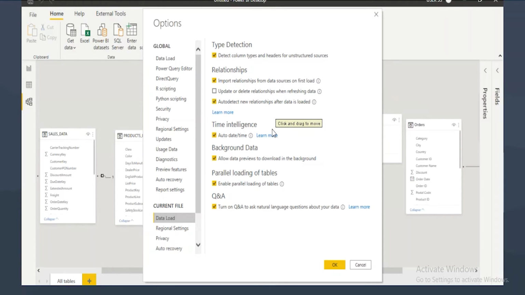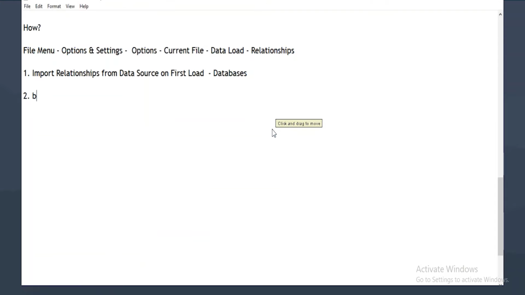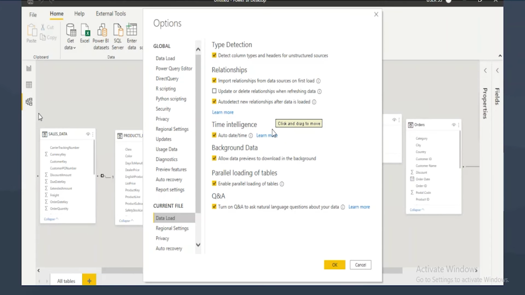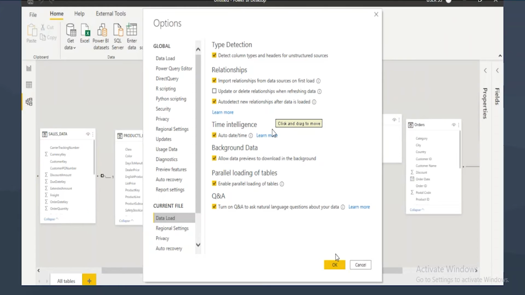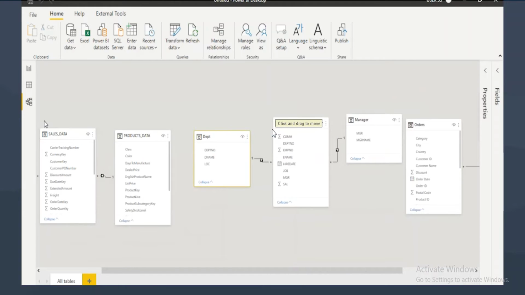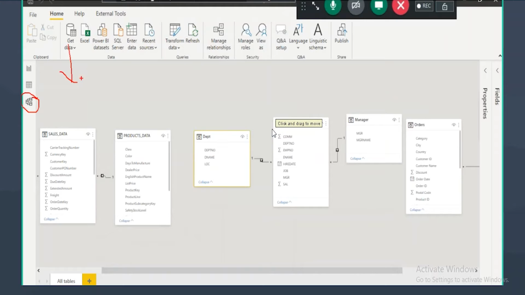auto detect new relationships after data is loaded. Second checkbox you will find is auto detect new relationships once data is loaded. So what this checkbox will do is, once you load the tables into the Power Pivot, it will read each and every table. If it finds any common column, so second option will read, if you load 10 tables into the Power Pivot,